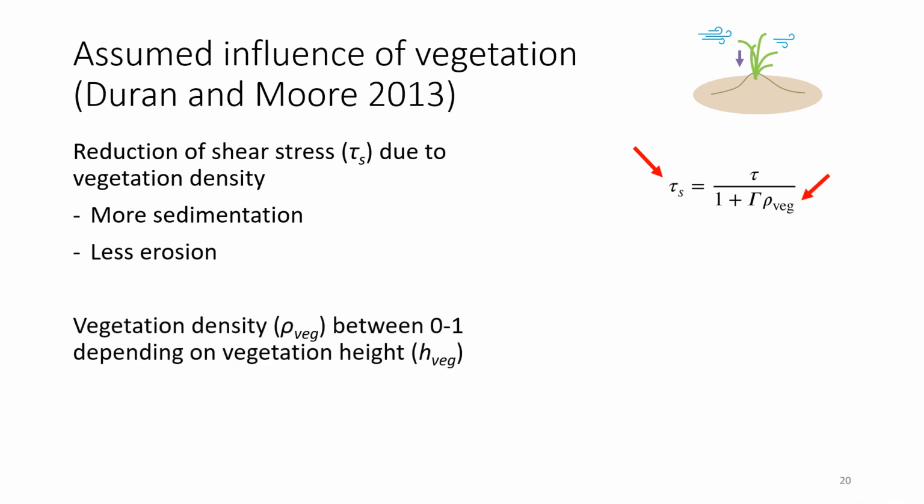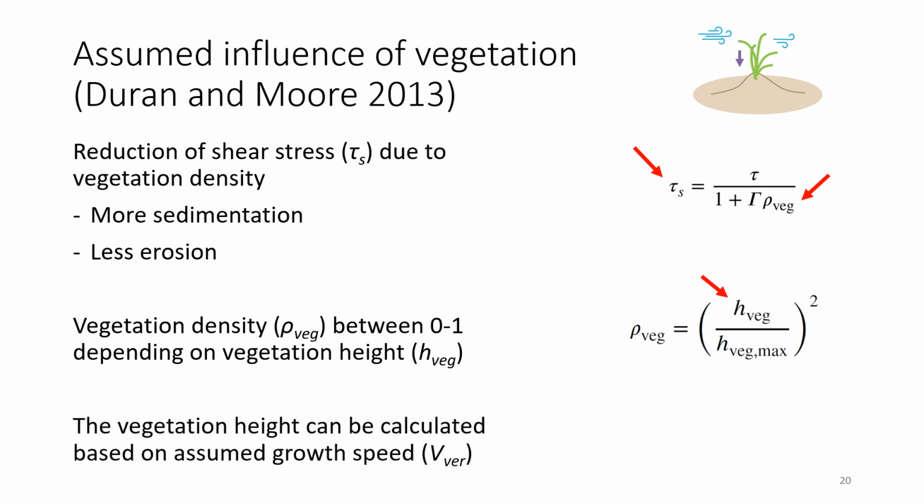And then this vegetation density is a value between 0 and 1, which is a function of the vegetation height normalized by some assumed maximum, which can depend on vegetation species. Then the vegetation can grow with some assumed vertical growth speed. And this is an important assumption